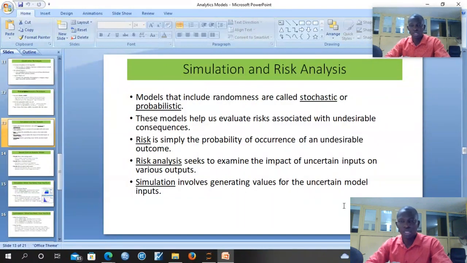When we do simulation and risk analysis, usually the model will involve some randomness, and they are stochastic or probabilistic. The model should help us to evaluate the risk associated with undesirable consequences. Risk is simply the probability of occurrence of an undesirable outcome. So there's something we can do. We better prepare, analyze it, and know how to react. Risk analysis seeks to examine the impact of a certain input on various outputs, while simulation involves generating values for